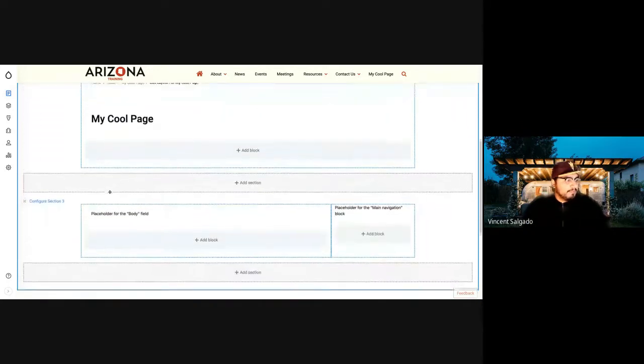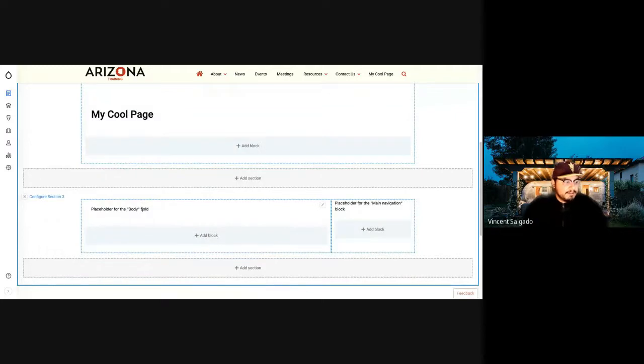Below that, in our basic page, we have our body field. If you were creating a simple basic page and just wanted to put in some static information, all you would do is add it to the body, and then you'd pretty much be done. Everything else here is by default. However,